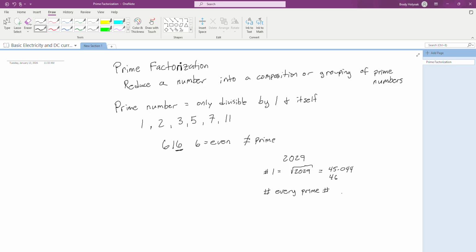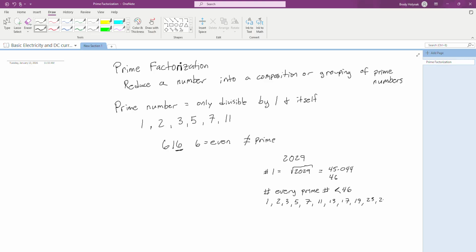So now we're going to look at every prime number that is less than 46. And then we're going to check it against this 2029 to see if it hits. So coming back with 46, the values that we have that are prime under it is 1, 2, 3, 5, 7, 11, 13, 17, 19, 23,